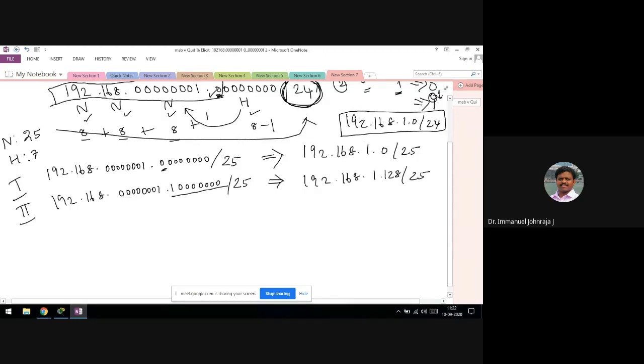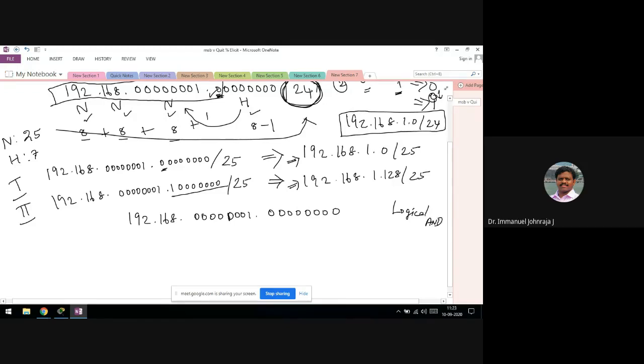For that, let me take some more time to explain how we calculate the network address for this as well as for this. Don't worry, we can spend a little more time on that. I keep the first two octets as they are, just to avoid confusion, and the third octet and fourth octet I write with our new format which we are using now. This is a network address. How will I find out the network address? I can find it by logical AND with the subnet mask.